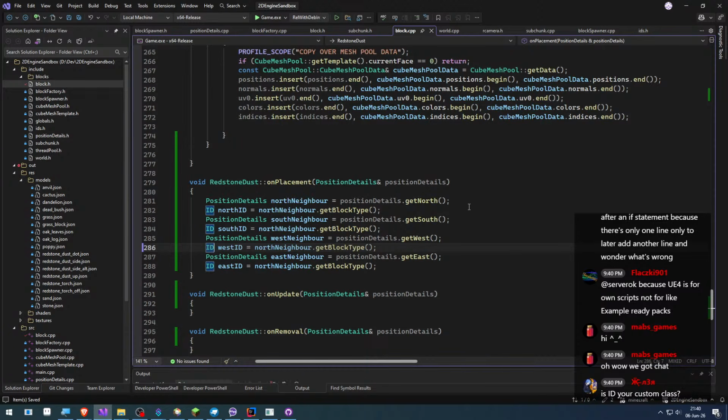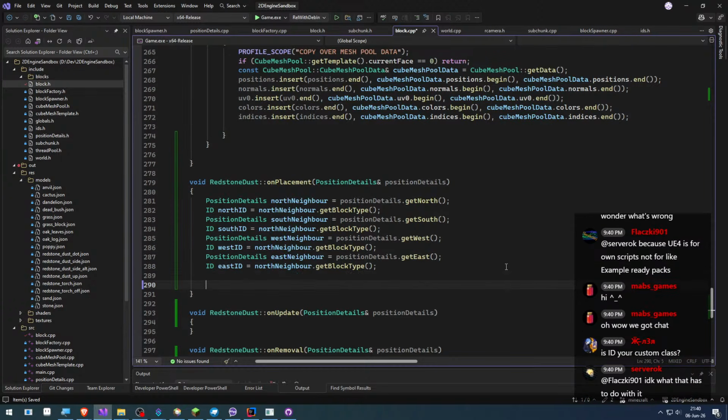Let's see now. And my idea was, let's do it the simple way, we'll change it later. If west ID equals redstone dust,